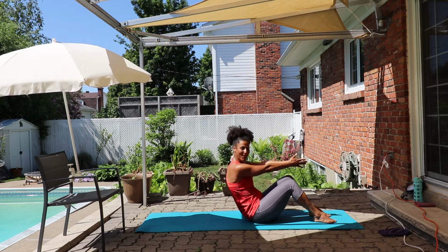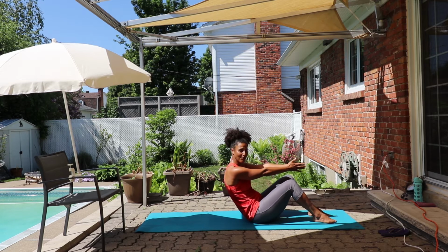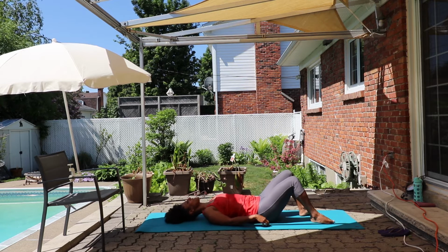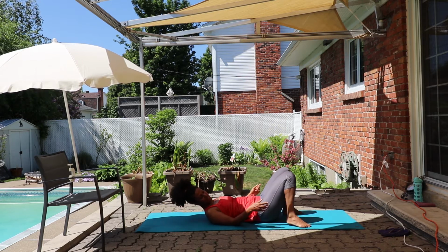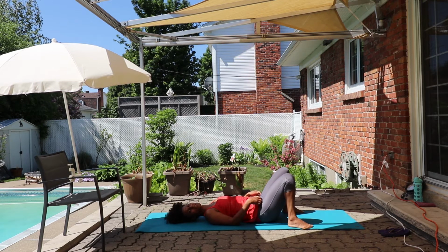And then making your way all the way down on the floor. So if you're on a chair now, please come down to lie down on your back on your mat. Beautiful. Scooch in. Get the heels close to your bum. If you have knee problems here, please take your feet as wide as the mat. Okay, so that way you have some room in the hips and in the knees to then lift the pelvis